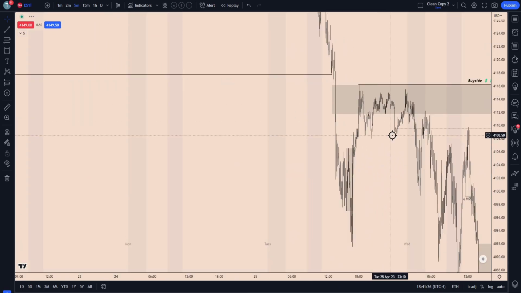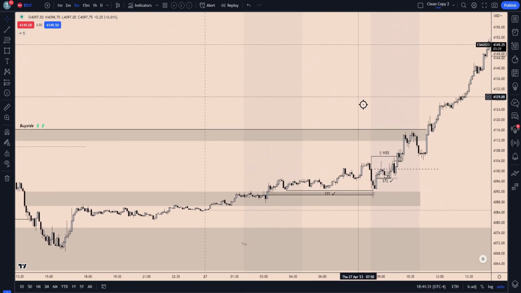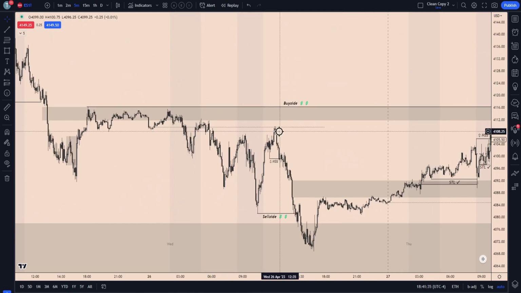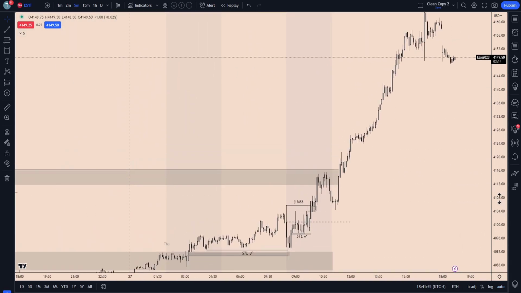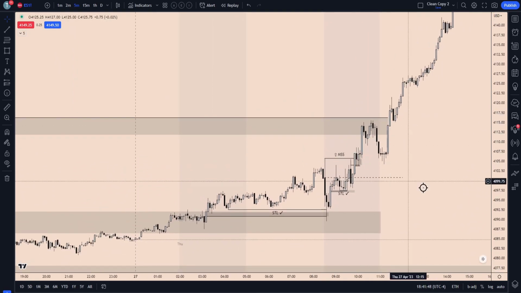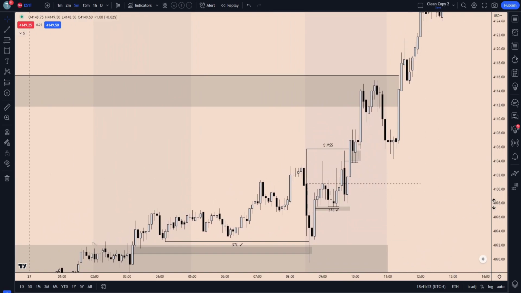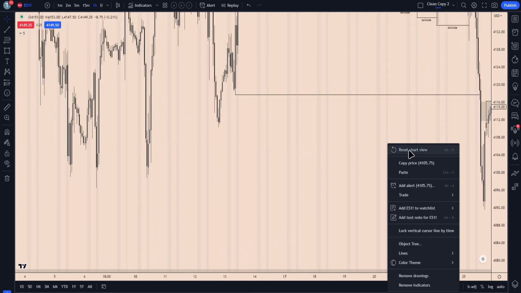Right, if I just go to a 5 minute quickly, this run up here was just to return into this hourly, right, fair value gap, as well as clear now all of these buy side liquidity points. So all these swing highs that remained from yesterday get targeted. You'll see as we first trade into this 5 minute fair value gap on the higher time frame, we do get a slight retracement, but we're understanding, right, that our higher time frame draw on liquidity is still